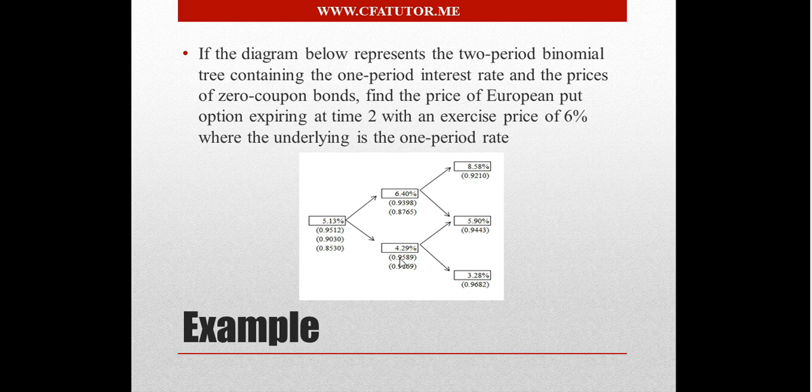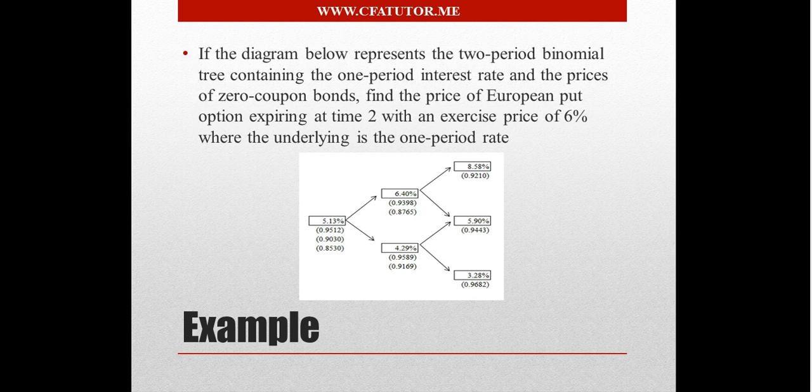Those are going to be more relevant when we are pricing options on fixed income, but when we are pricing options on interest rate, those are irrelevant in our analysis. So what we are focusing on are those interest rates. This is the interest rate tree, or the interest rate path, and we are trying to find the price of a European put option expiring at time 2 with an exercise price of 6%, and the underlying is the 1